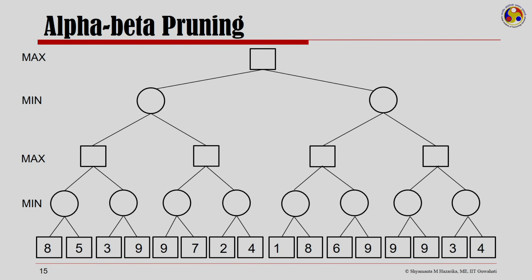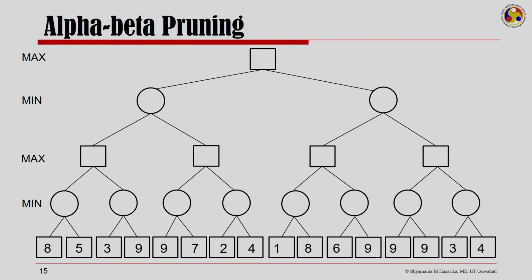Next, let us take a more complex game tree and try to understand alpha beta pruning. Taking a complex tree and understanding it is important, because there are few things that do not come out in a very simple example that I have been showing. So, let us focus our attention on this tree here. All its leaf nodes are marked, and let us start with the min node here.